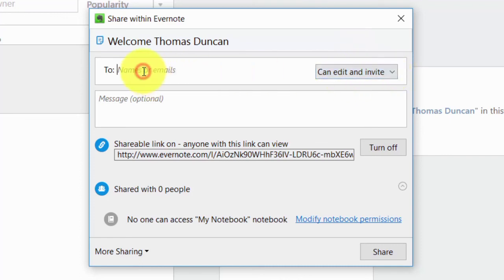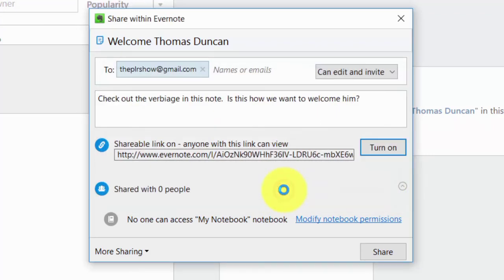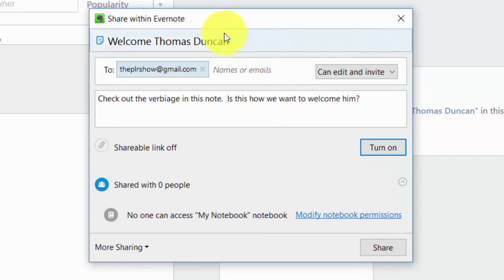In this particular case, we can write in an email, and we can write in a message that we want to use to give context to the note that they're about to see. What we can also do is create a link, and basically this is a hyperlink, and everyone that comes in contact with this link will be able to see it. We can also disable this shareable link by clicking this Turn Off button. Now, the only person that will be able to see the note and work with it will be the person that we have determined by sending